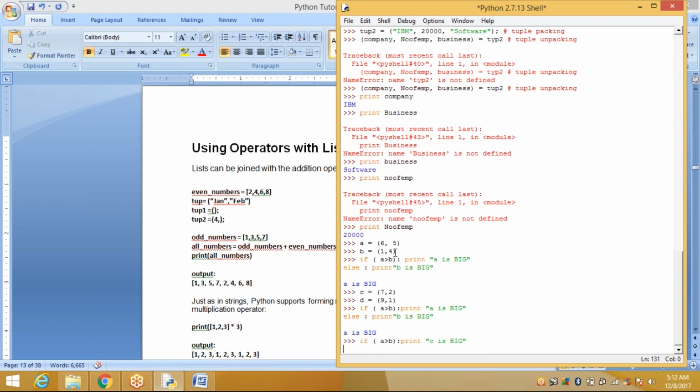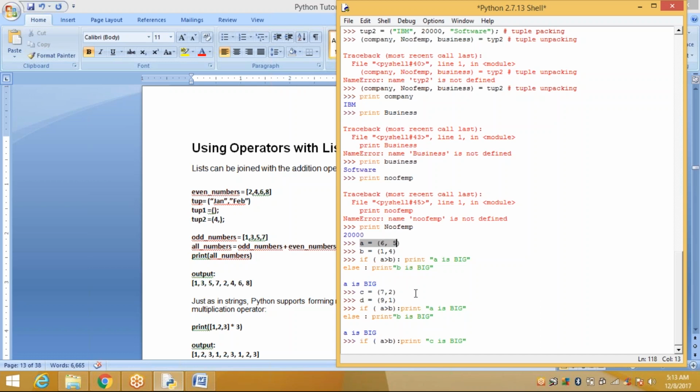First, it compares the first element of each tuple. Which is greater? The first element, 6. That's why it takes A. Next, it compares 7 and 9. Which is greater? First values. It will display 9. It didn't compare the second value. I'm explaining this first, and after that you can ask.